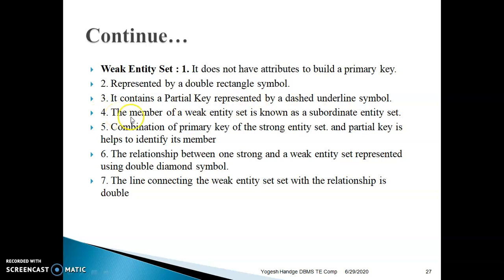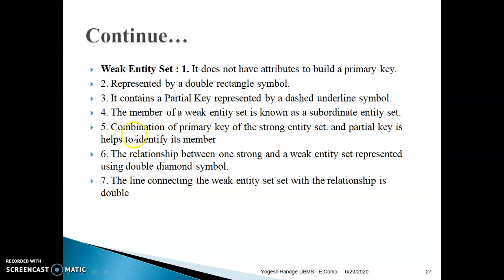Fourth one, the member of a weak entity set is known as a subordinate entity set.